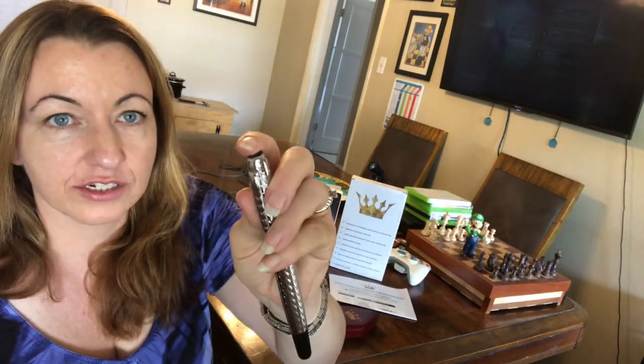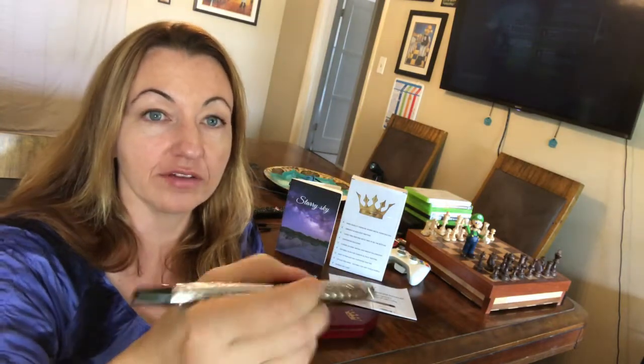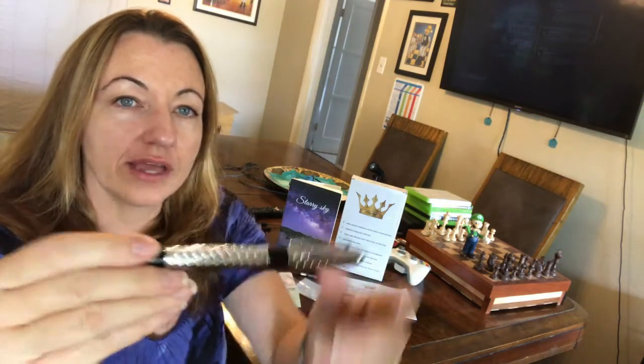The stylus is kind of cool. I just don't know how much I would use it. I'm not a big stylus person, but maybe some of you are. And the weight of it is really balanced. It works really well. So we'll go on to a writing sample next,